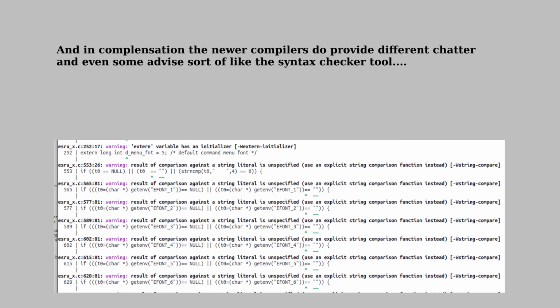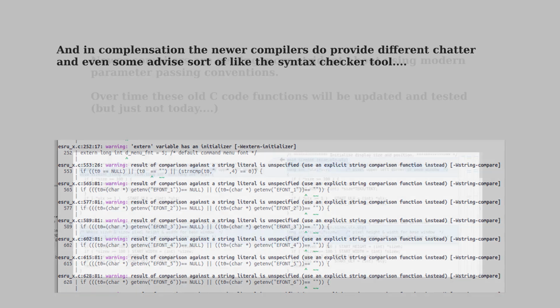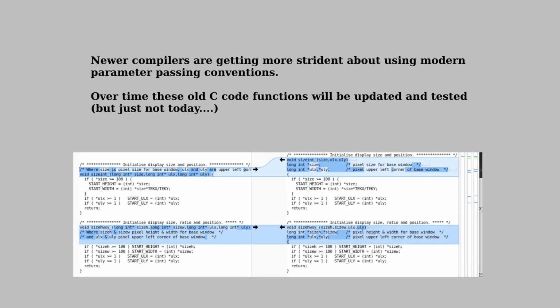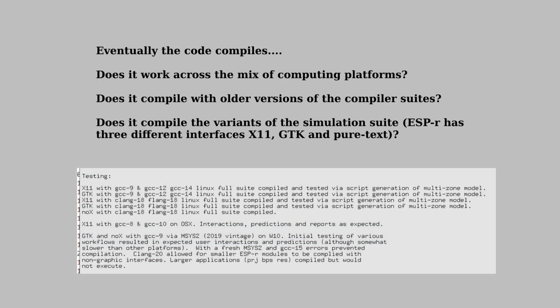How about the feedback during the build process? Well, it's certainly rather different, and actually a lot more suggestive in quite a few ways, and perhaps it's time to go looking around Stack Overflow for some examples of string comparisons. At some point, we get to the point where it compiles. Bravo! But just because it compiles doesn't necessarily mean it runs the same. And, well, actually, we've also got to check to see if it compiles across the variants.